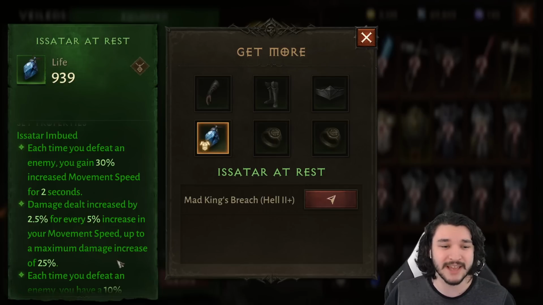However, the 4-piece set can get minor use out of it because of the Shield of Zen movement speed increase that you can apply and get a little bit of movement speed there and give you a little bit of extra damage based on all your other abilities. That being said, I would put Issatar at a C tier for the Monk